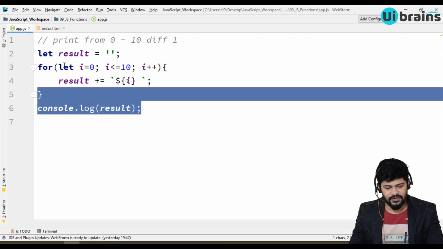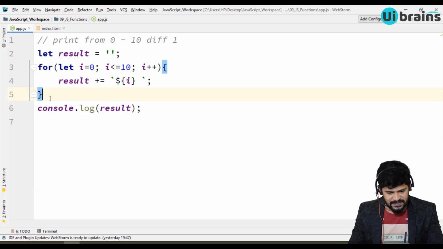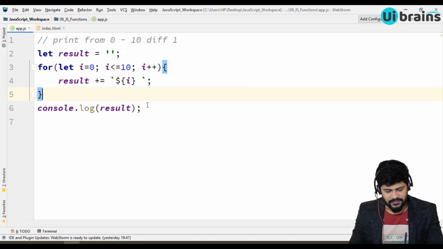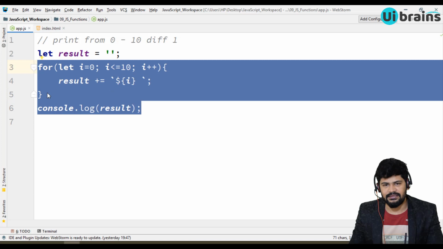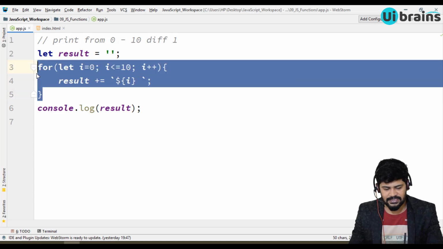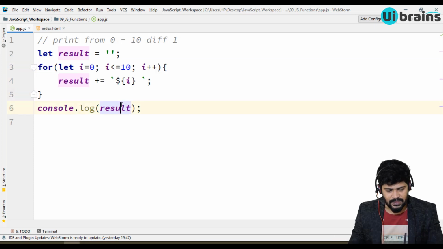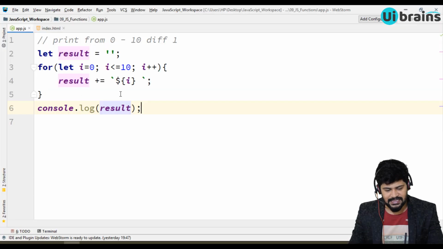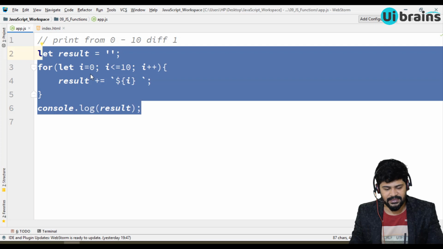If you observe this closely, this particular logic can be executed only once, correct? If you write only one for loop, it executes only once. I want to use the same logic in my program one more time.